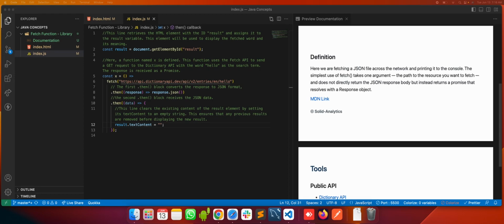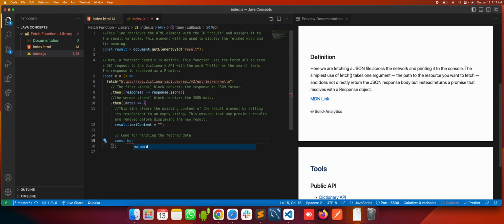Okay, next is the code for handling the fetched data. We're going to create another div element, but we already have created one. But in this tutorial I'm just going to show you how to create another div element.